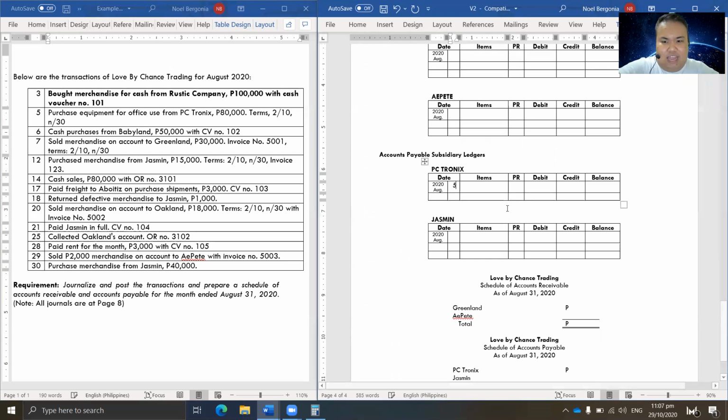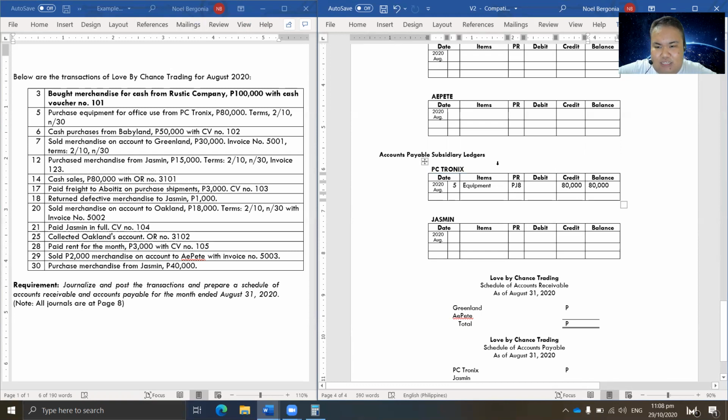So that would be on the 5th. Items, equipment, because we have bought an equipment. PR, saan nga ba galing yon? That was on PJ, Purchases Journal. What page? Sabi dito sa instructions, lahat ng journal natin is on page number 8. So that would be PJ 8. Debit or credit ang accounts payable? Of course, yung 80,000 kanina, it was credited to accounts payable. So 80,000. Then for our balance, 80,000. Okay, so we have posted it already in our